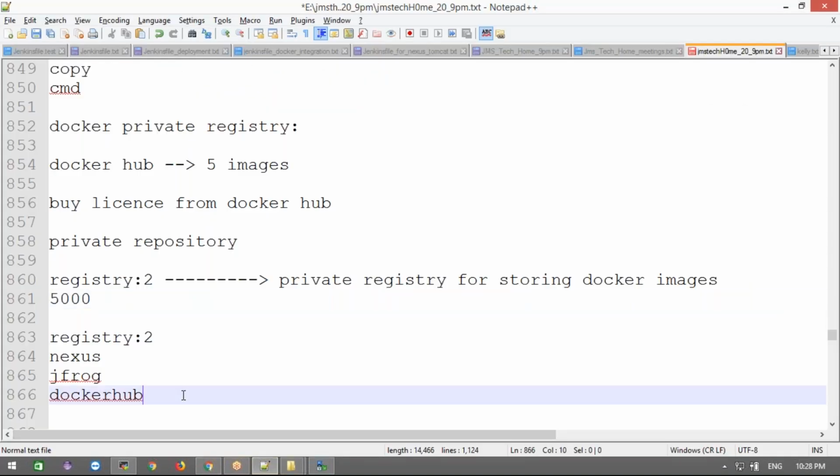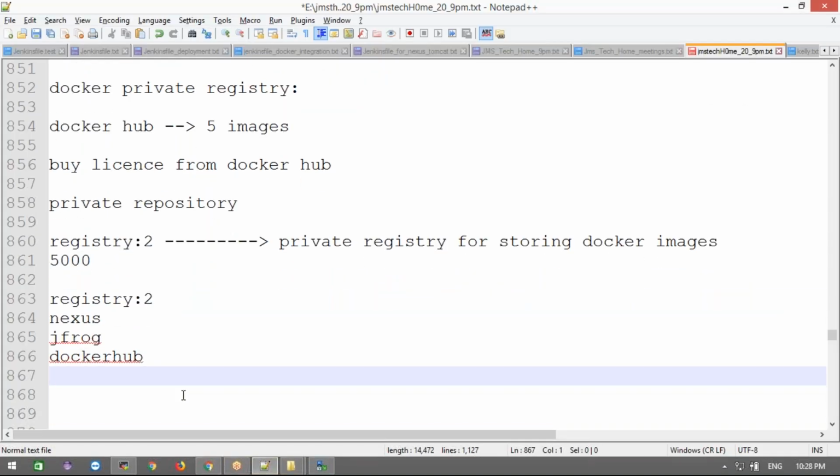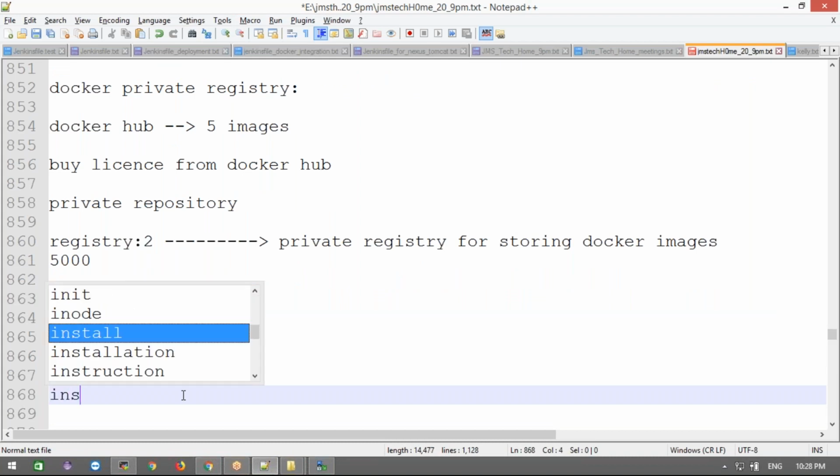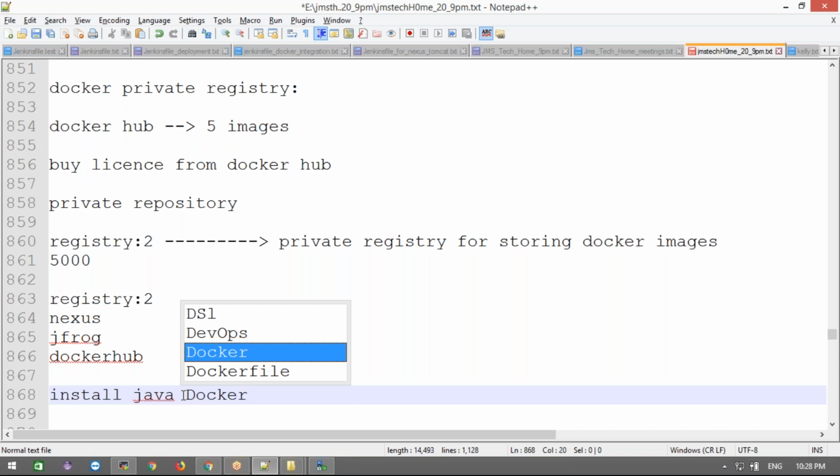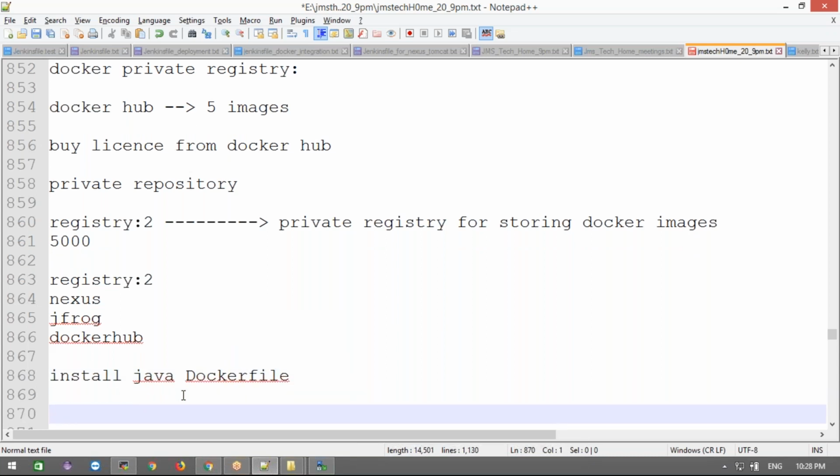Now what is the homework, the hands-on practice? Write a Dockerfile to install Java, your own custom installation of Java. You can search on GitHub, where you will get a lot of examples. Just copy and paste also, but you must execute it as a hands-on example.